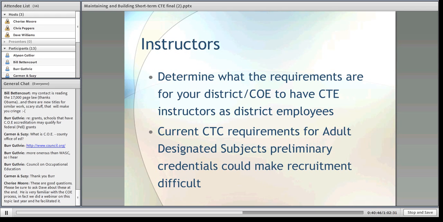Credential program, get that preliminary credential, so there's well if you're trying to recruit in